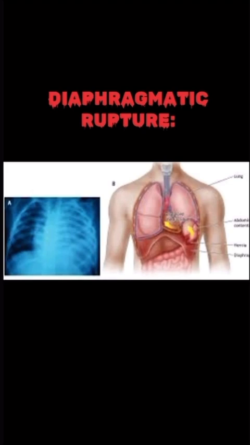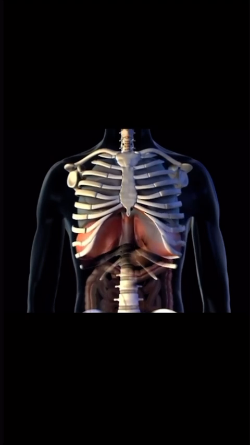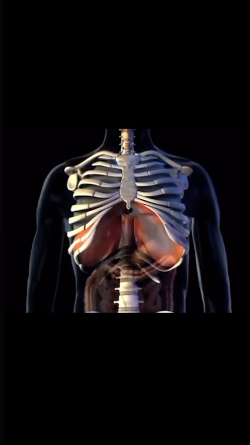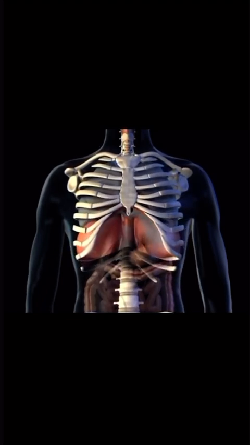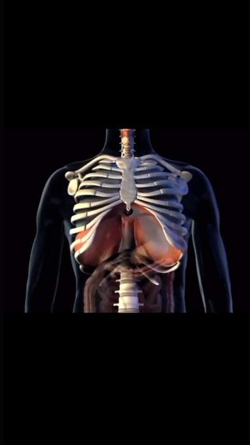Diaphragmatic rupture. Varying degree of significance. Also highly missed during initial trauma workups and can be difficult to diagnose. Typically needs surgical exploration. More common on the left side, as the liver protects the right side. Risk of seeing gastric bubble, intestines, or air in the chest cavity, and mistakenly placing chest